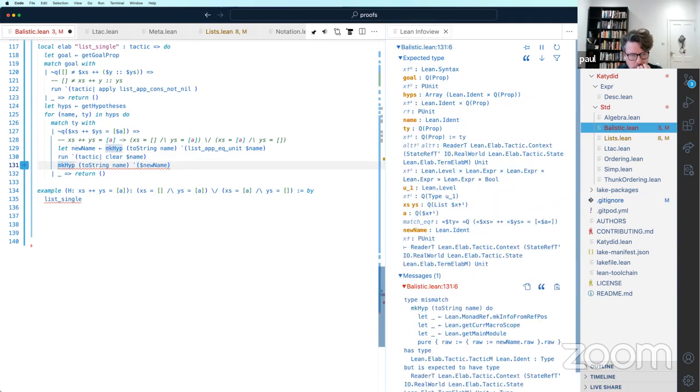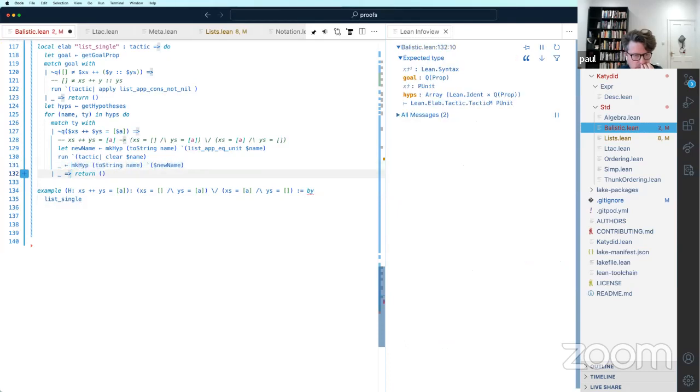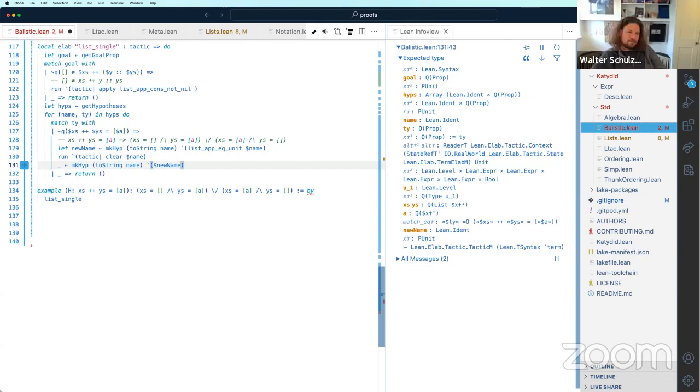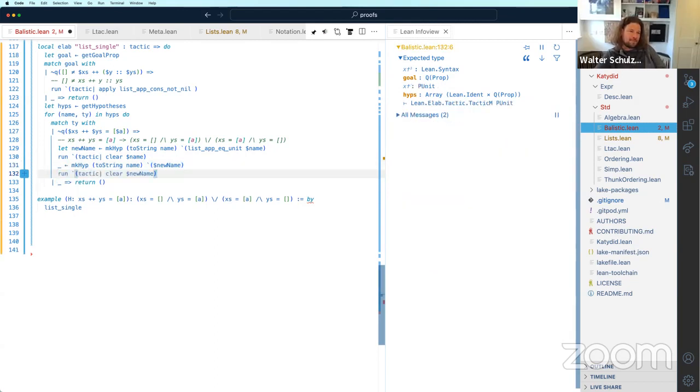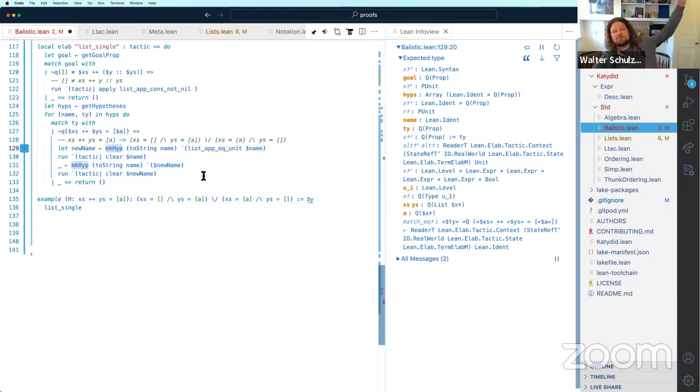Yeah, so instead of make hypothesis, we can call this override or replace hypothesis. And then we can make a function for this.